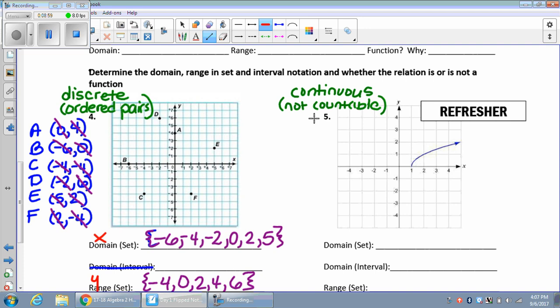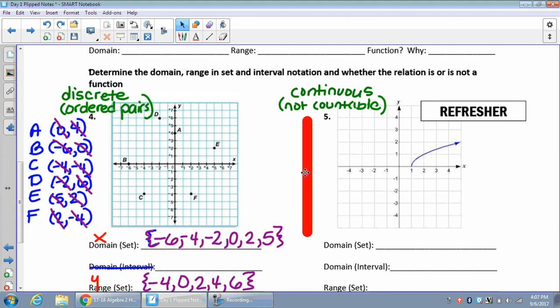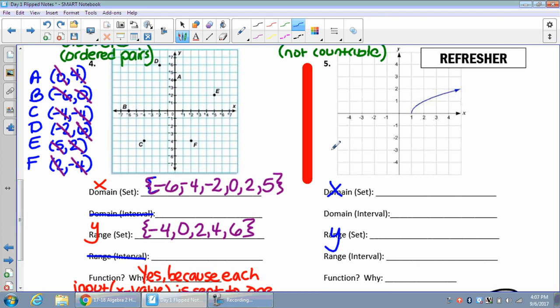So for me, my pencil is going to be represented by this giant thick red line. So take your pencil, please, and put it flat on the paper just as you see it, like I have. And now I can move this like I was moving a pencil on my paper. So for domain, we need to remember that no matter what, domain is always x and range is y. Pick up your pencil for a second. I'm going to leave mine right there,